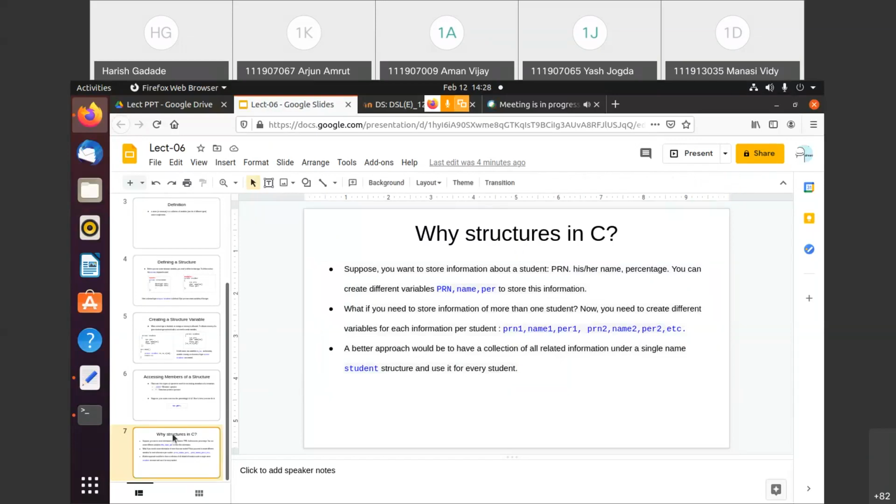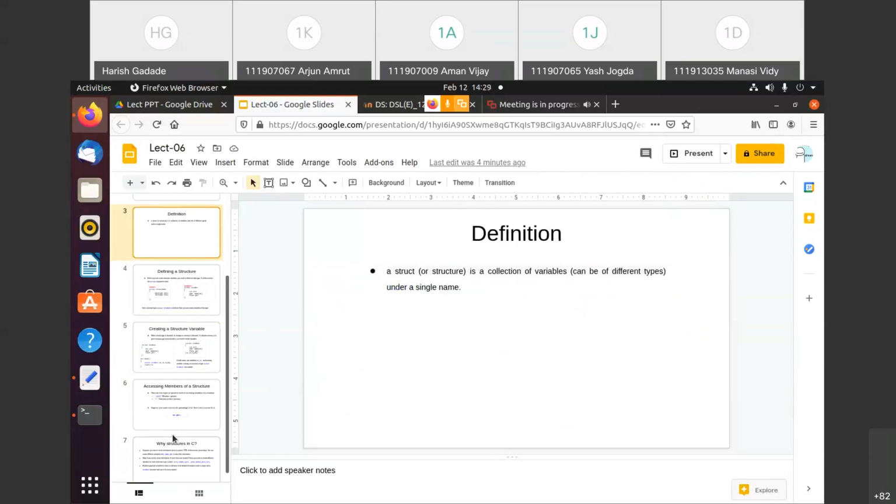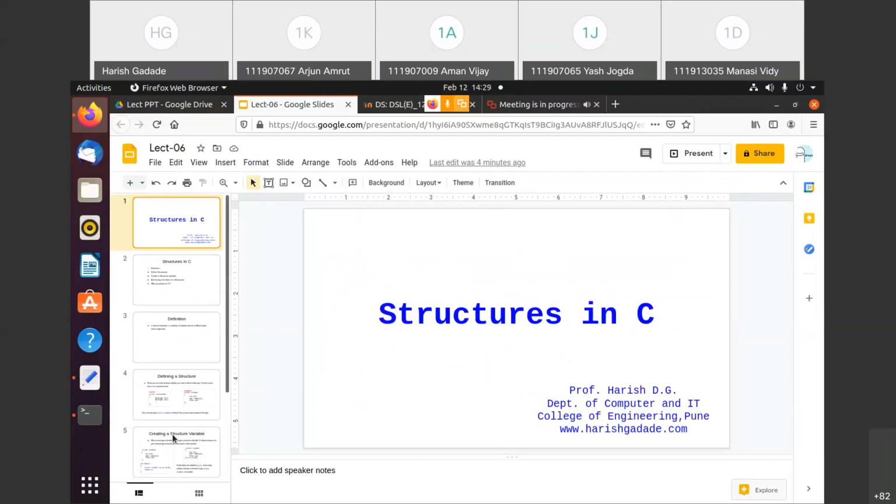Have you understood this structure concept? Whatever are the detailed problems related to this structure, we will see in the linked list, because in linked list structure is mandatory. Without structure we cannot complete any single problem there, right? So we'll have the practice on the structure in the linked list, and whatever the previous one we have seen, that is the array. So from next week I'll start that unit.